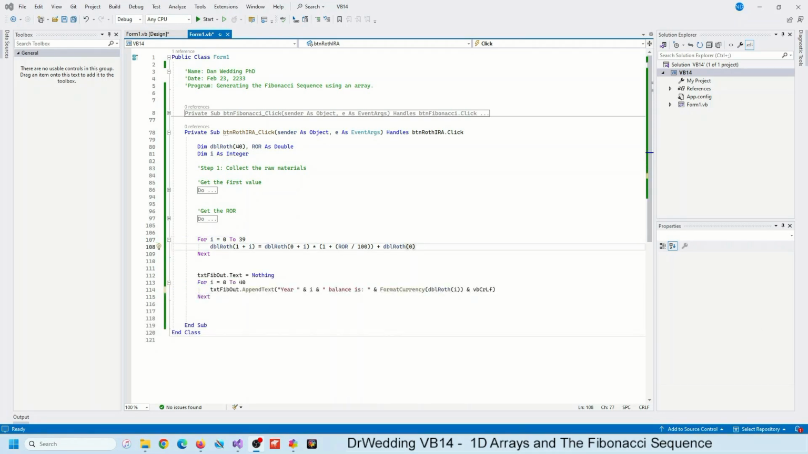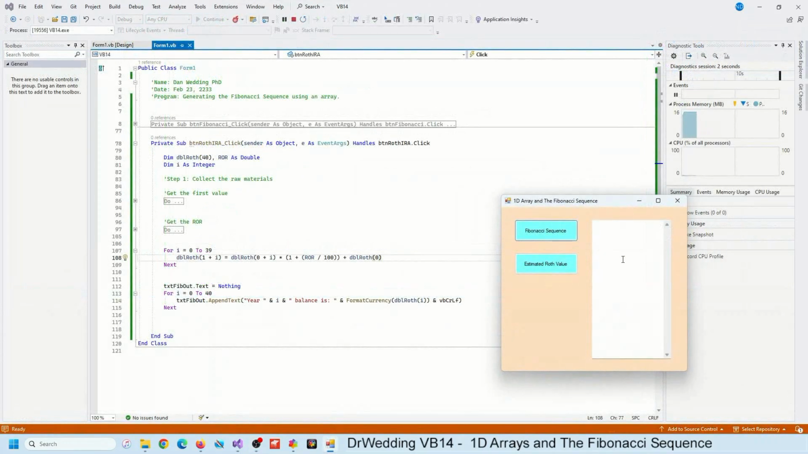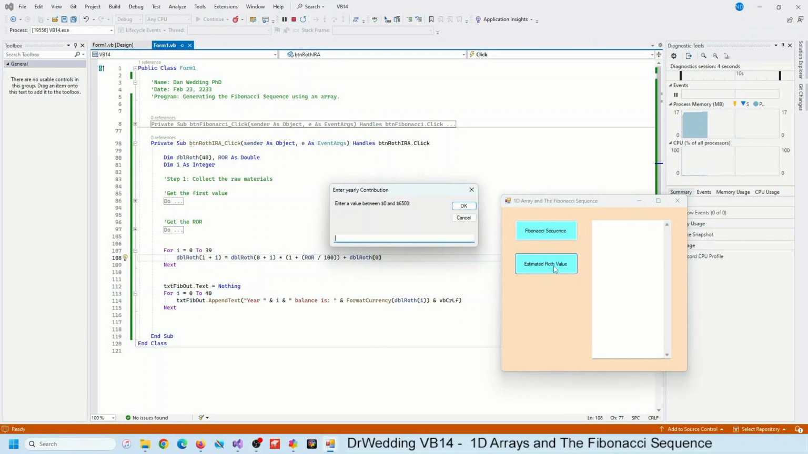Now that I've printed out the array, let's run the program and see what happens. We'll select the Roth button and enter 6,500, the maximum Roth contribution for 2024. We'll assume an 8% growth,